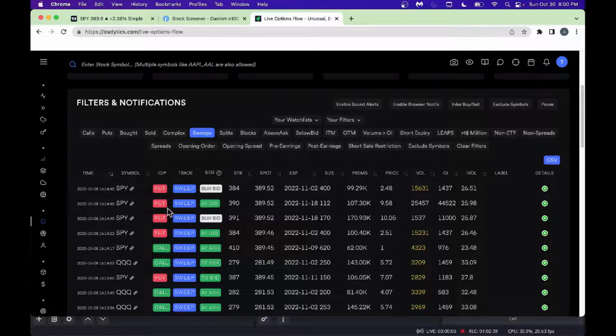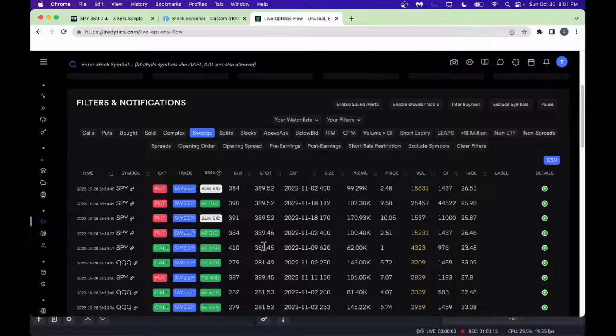Look, the folks are really sweeping here and selling the put at the bid here at the market, and look, they're making some good money here. The premium is 107K, as you can see here. So you could look at these here and see if it makes sense. Look at the chart. If you're happy, you could also sell a put option at 390, which is above the current price, and make some premium or earn some premium.